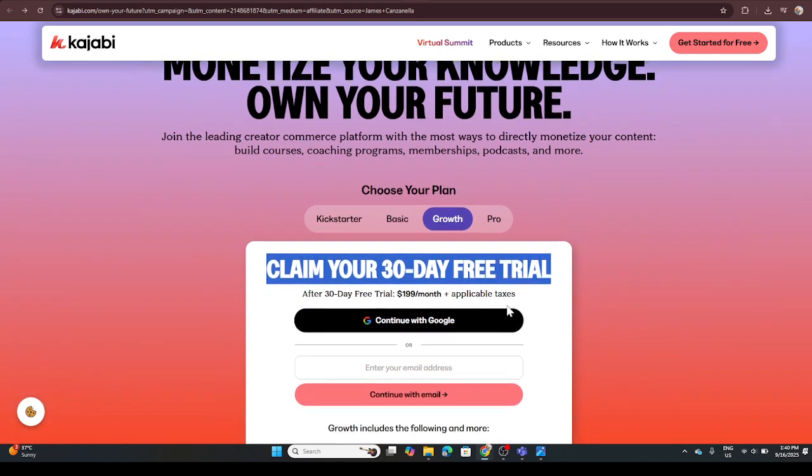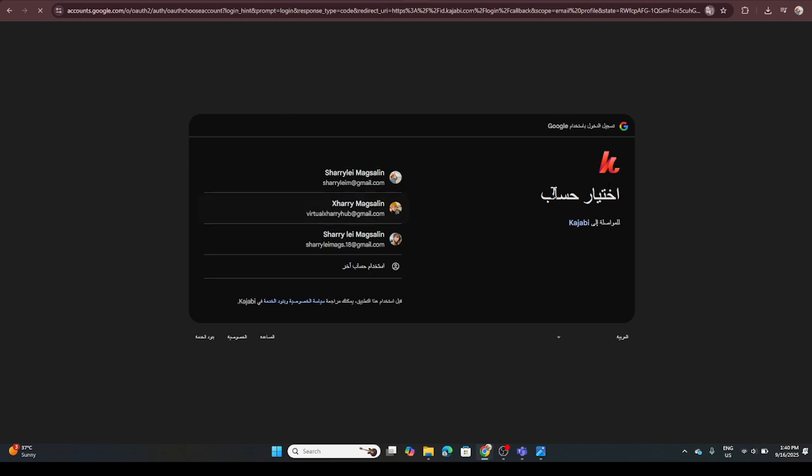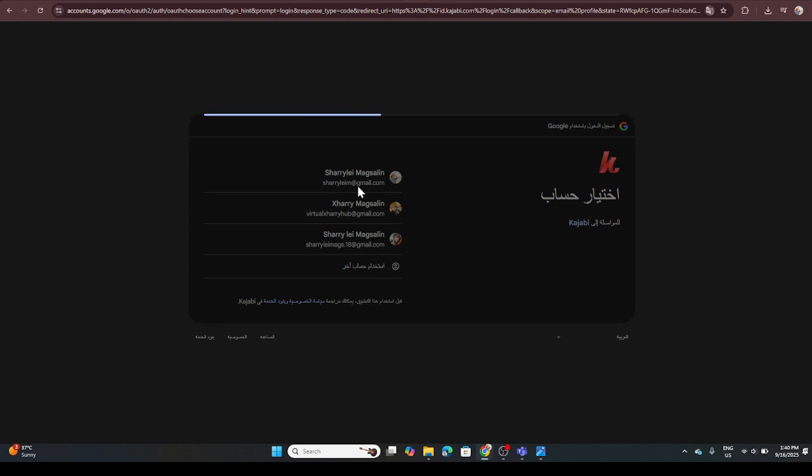grow their digital businesses. Next, you'll be prompted to continue with Google, which is a convenient way to sign up using your existing Google account information. If you use Google frequently, this will simplify your process since you won't need to remember additional passwords or usernames. Click on Continue with Google and you'll be taken to a page where you can select which Google account you'd like to use. Choose your preferred email, and if you're not already signed in, you might need to enter your